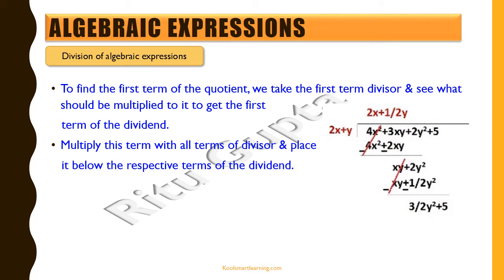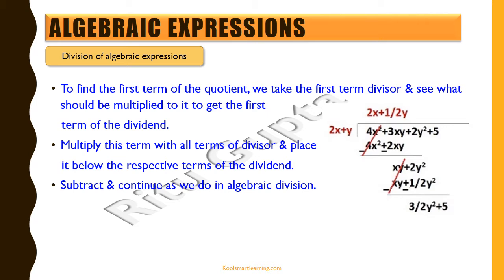So now that we've found the first factor to be multiplied, we found that 2x plus y needs to be multiplied by 2x to get the first term 4x square. So we write 2x in the quotient part of this long division, and then we multiply 2x with the whole 2x plus y to get 4x square plus 2xy, and then we place these terms below the respective terms of the dividend. Now we subtract and we see that 4x square completely gets cancelled out with 4x square, and